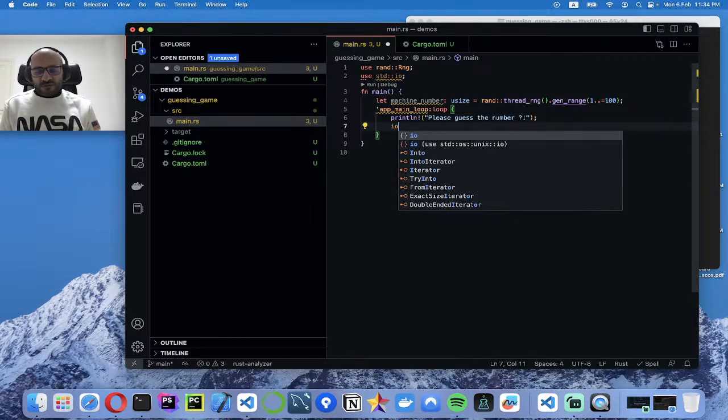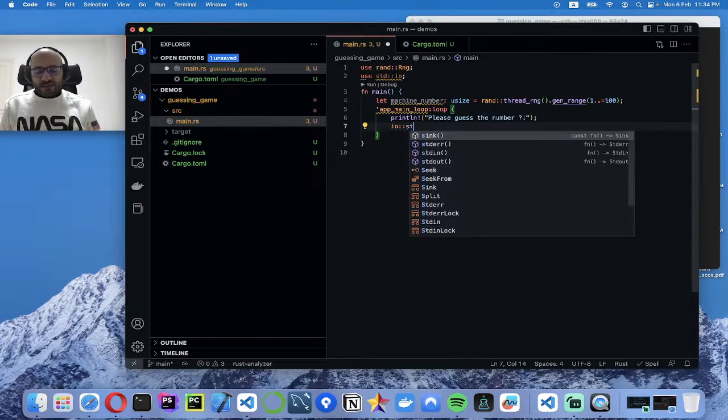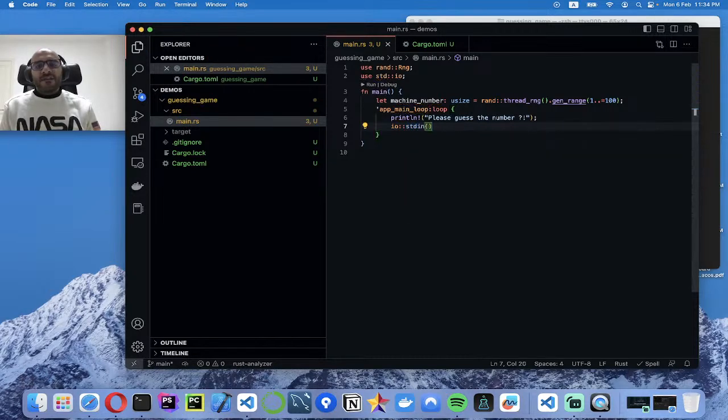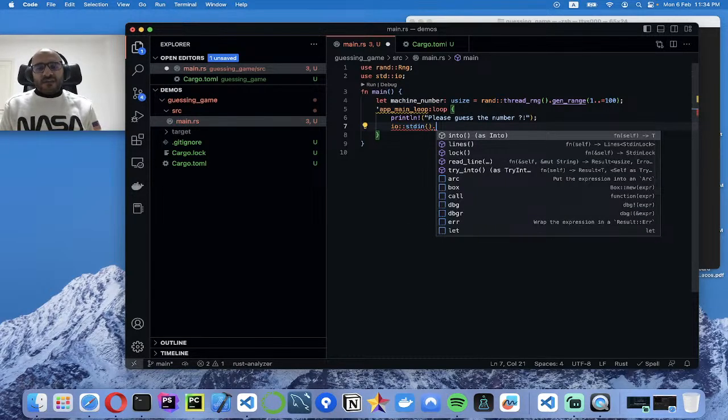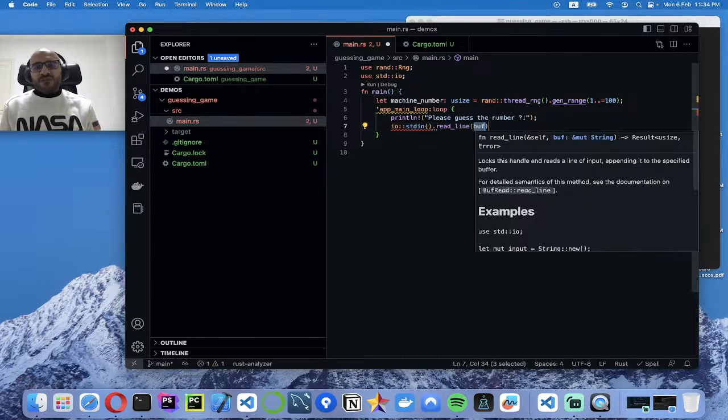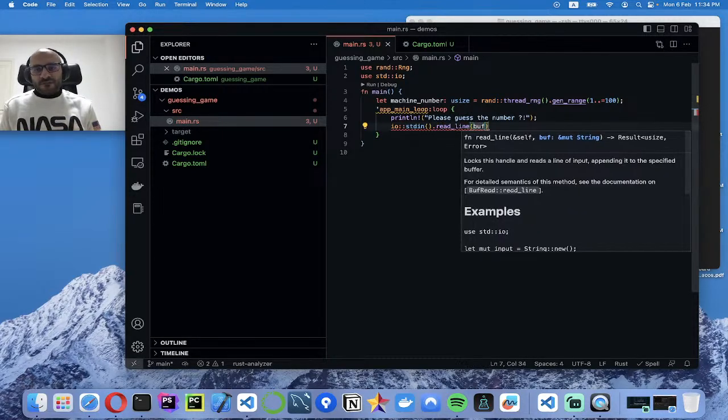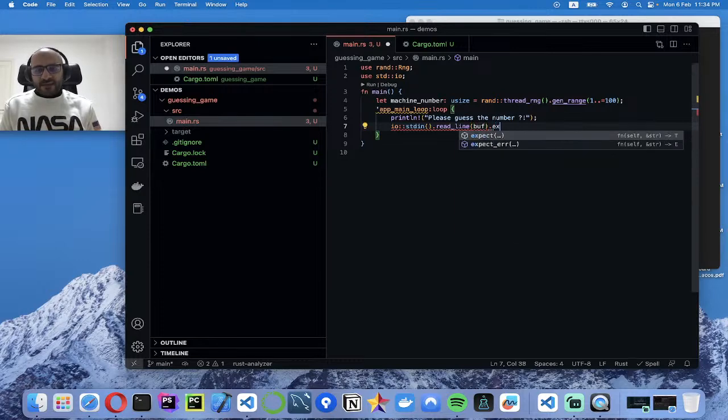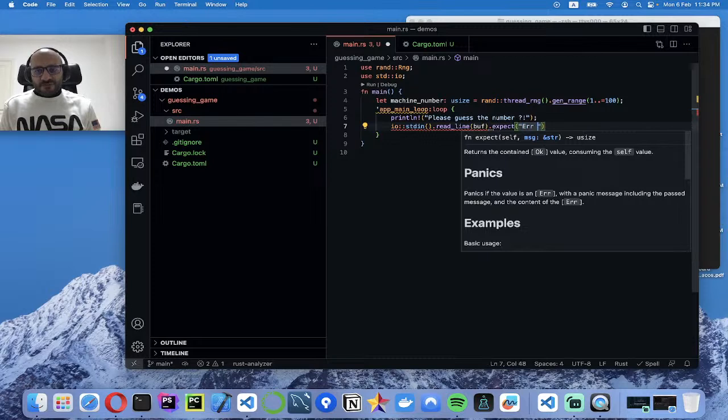So here I'll start with IO input output, and then I'll use the standard in associated function, and I will read all the lines. I'll keep it in buffer just for a second, and then if there's any error,